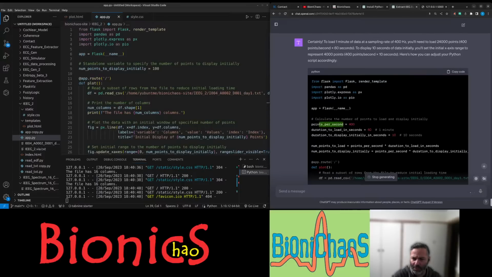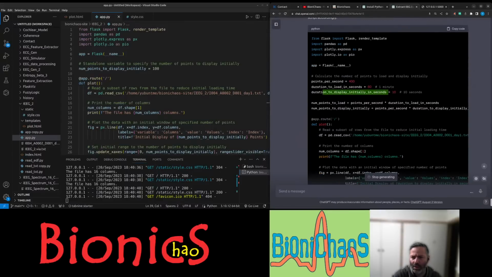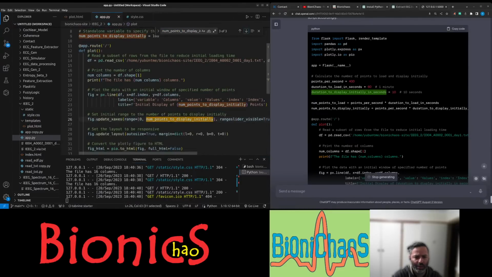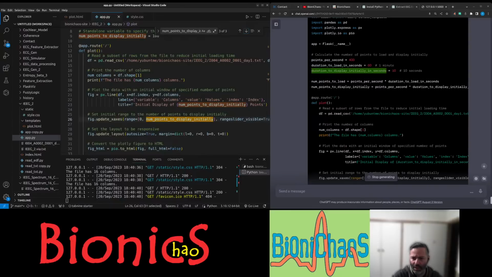So I have points per second, duration to load, loading 6 minutes, duration to display. Right, so that should replace the update.